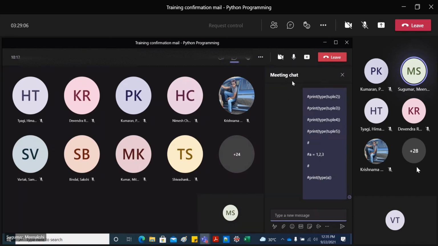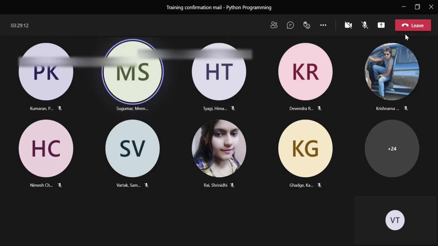Okay, we'll start by 12:40 so that you can have 5 minutes to work around with tuples in your Spyder. Let me know if